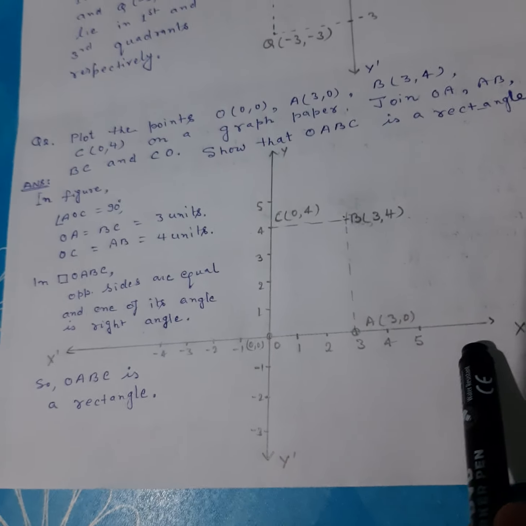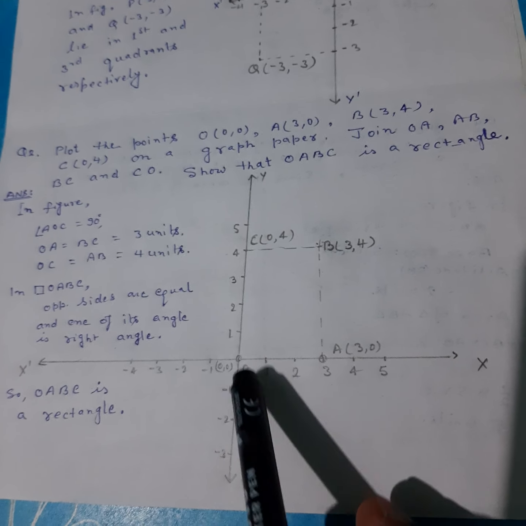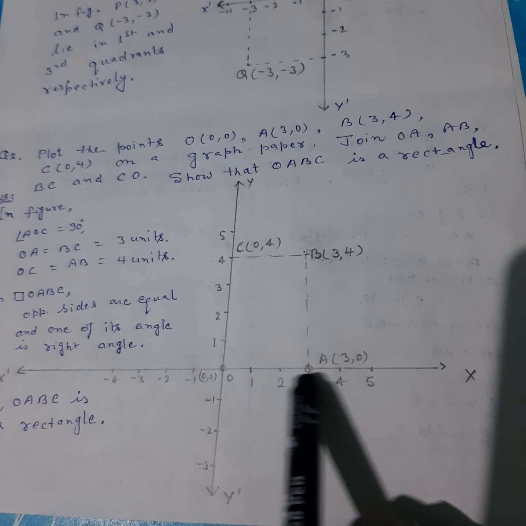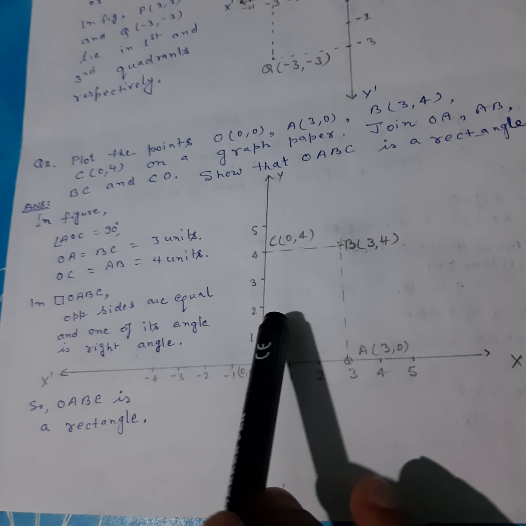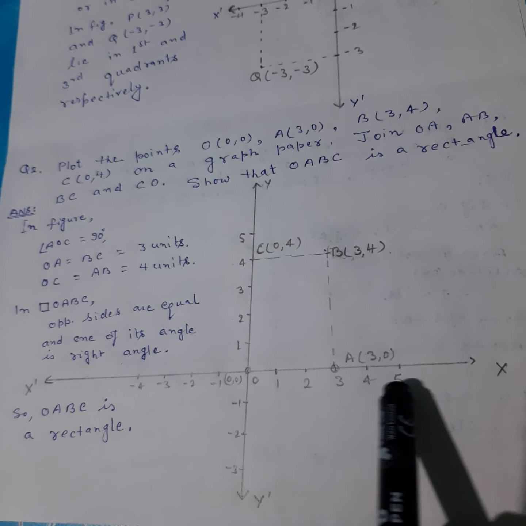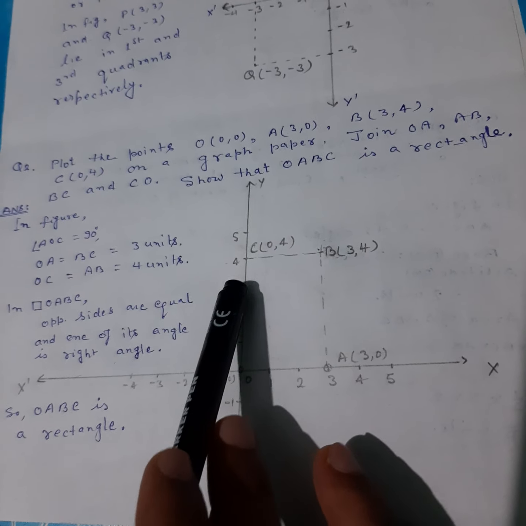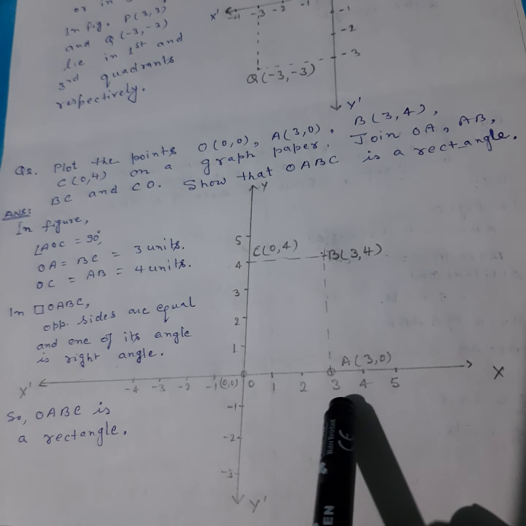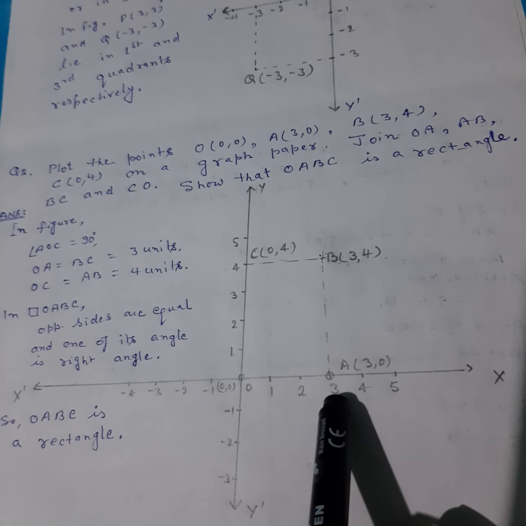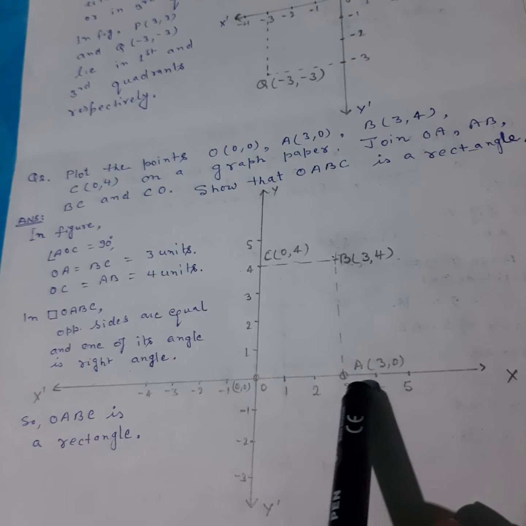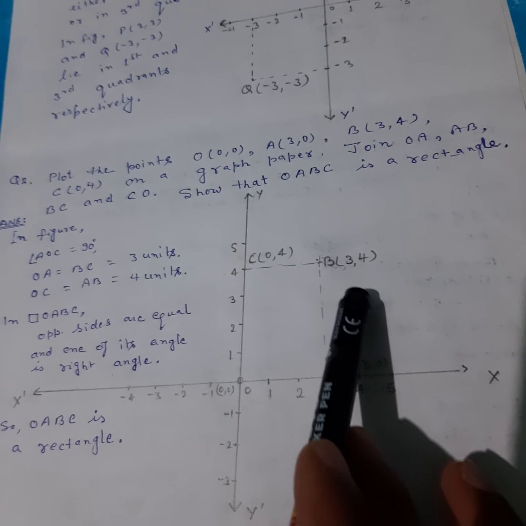In the figure, here x dash x and y dash y are two perpendicular axes. So angle AOC is 90 degrees. As you observe, point A is on the x-axis